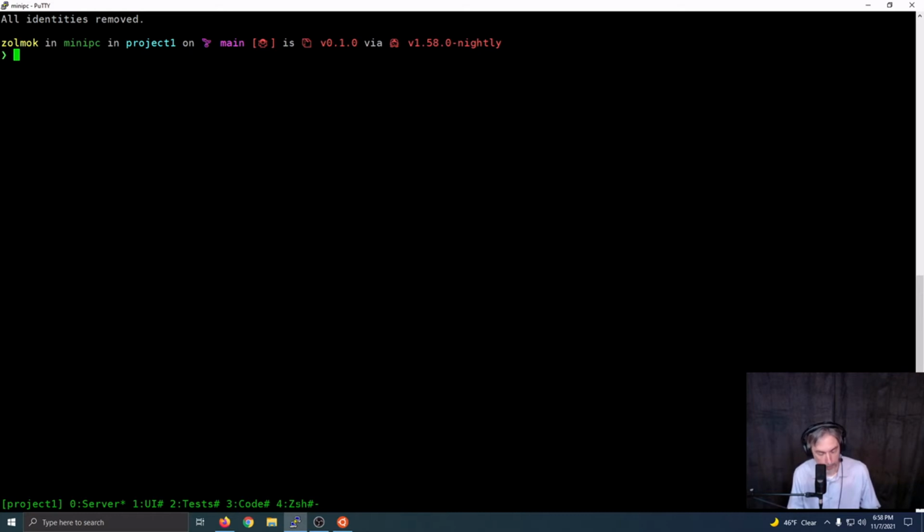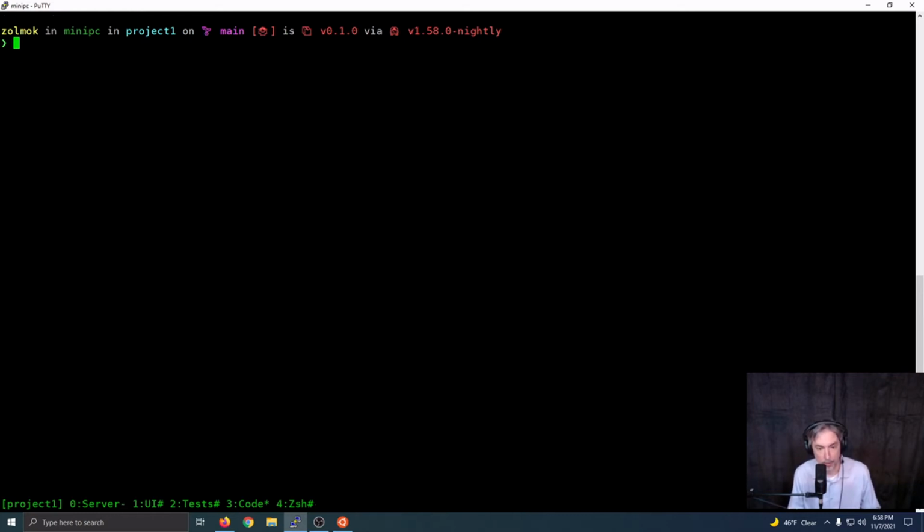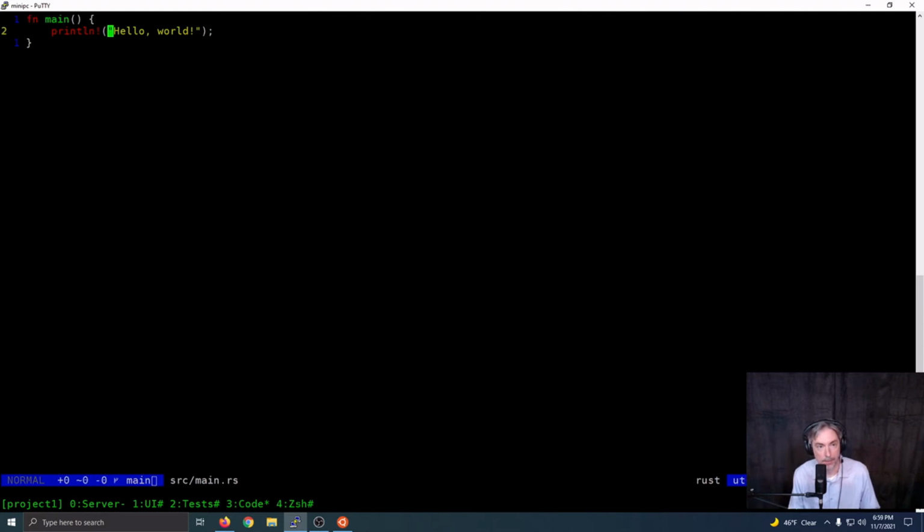I'm going to switch to the third window. Well, you know what I mean. It's number 3 where it says code. It's throwing me off that it's 0-based index, but bear with me. I'm in the code window, and I'm going to edit some code because I want to have some context for switching to various